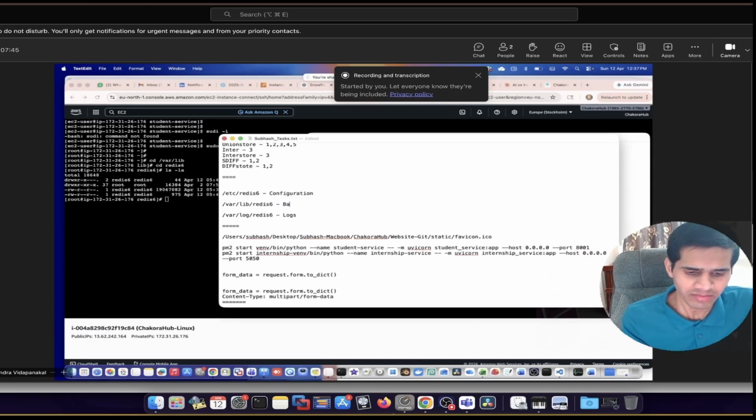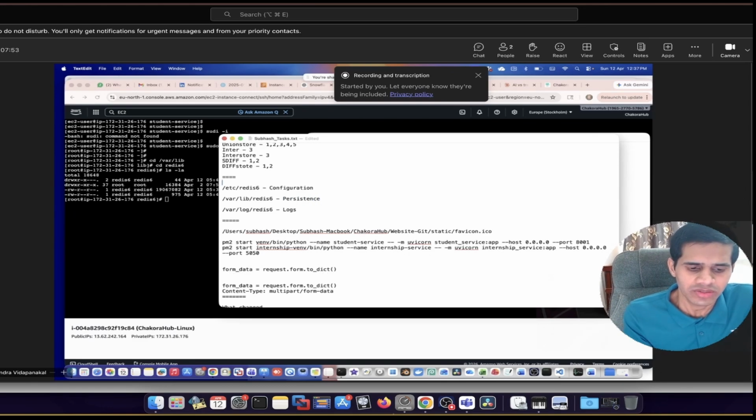We don't say backup, RDB persistence. These are the three folders which you need to remember. /etc/redis6 will have the configuration, how you are configuring the Redis and how you are configuring the Sentinel,